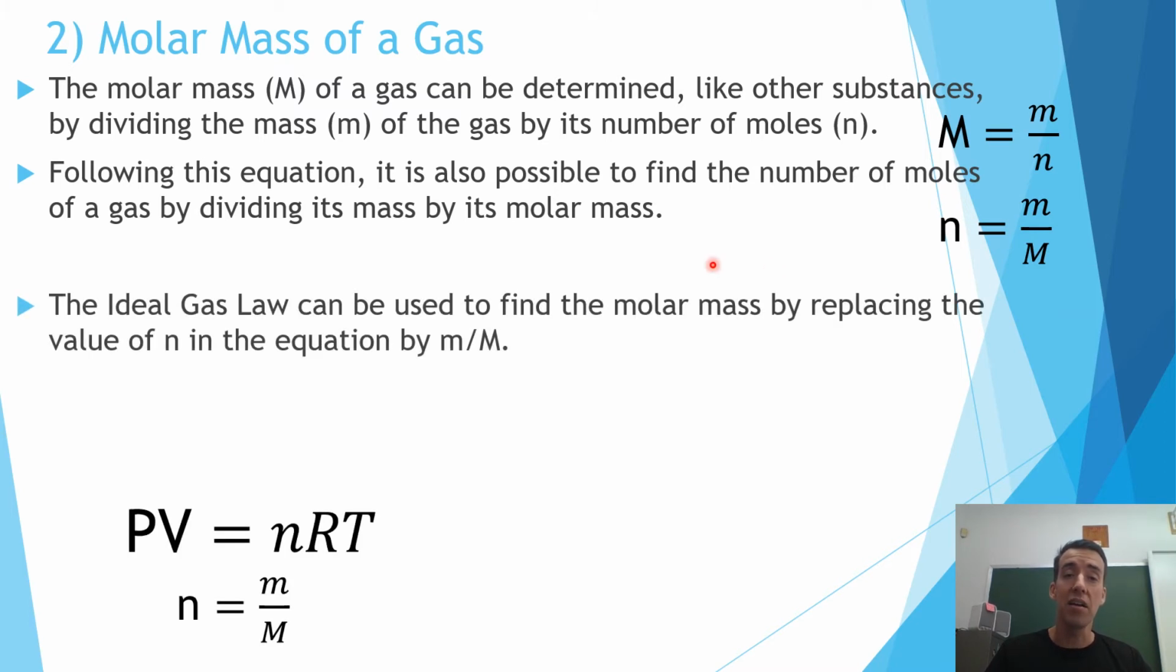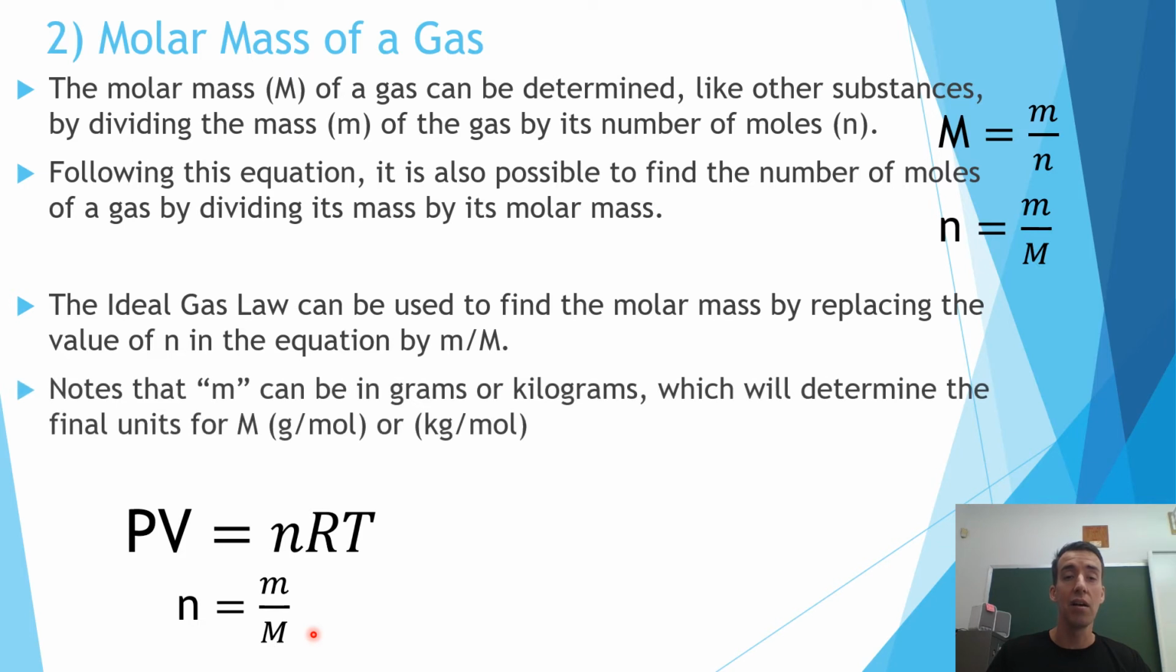And the ideal gas law can be used to find the molar mass by replacing the value of n in the equation. So remember, that's our classic ideal gas law, PV = nRT. Now, what if we took this n and replaced it by the value of m over capital M, so the mass of the substance divided by the molar mass of that substance? Then our ideal gas law would be